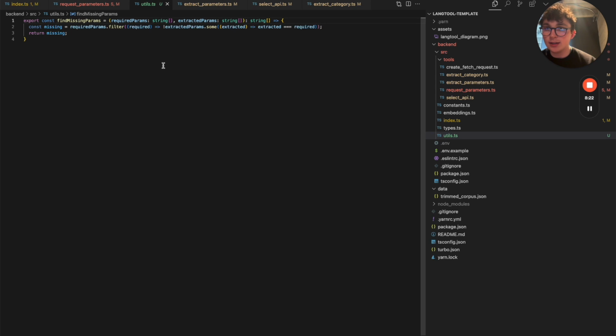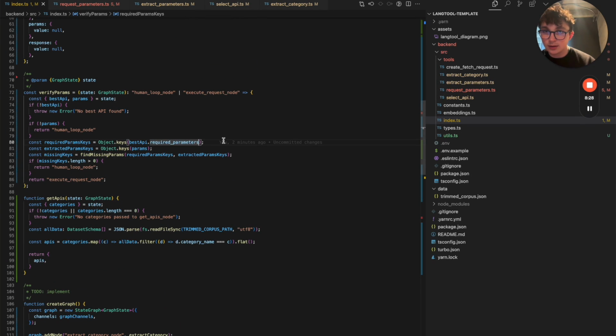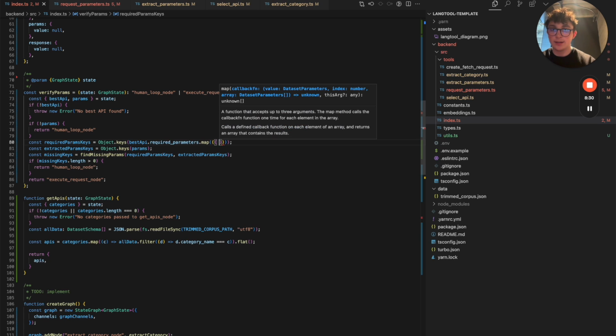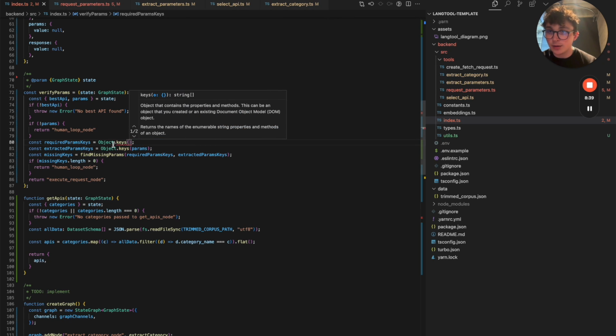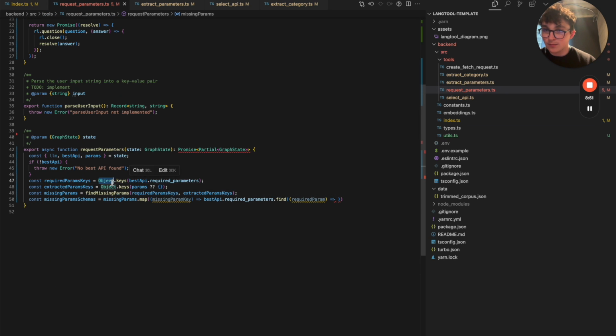Object dot keys is not what we want. We want just to map and then get the name. And then we don't want object.keys. There we go. However, we do want object.keys for the param state field, because that's just a single object key value. That's better. Okay, let me fix that over here as well. There we go. Okay, so now to map it back to the full dataset schema, missing params.map, missing param key dot find name